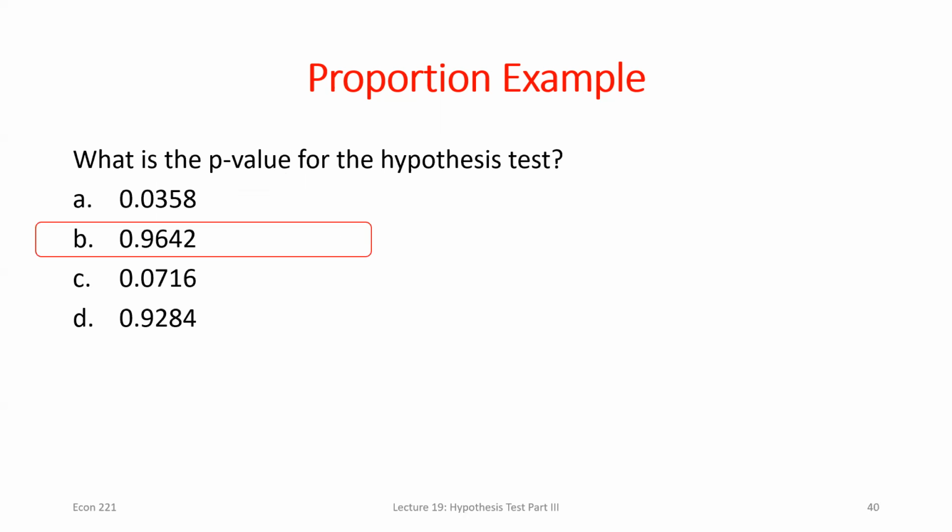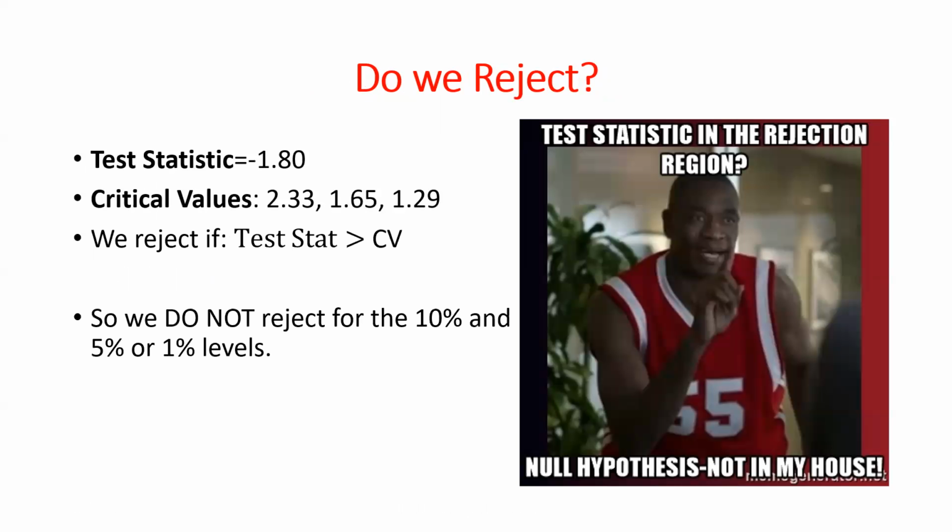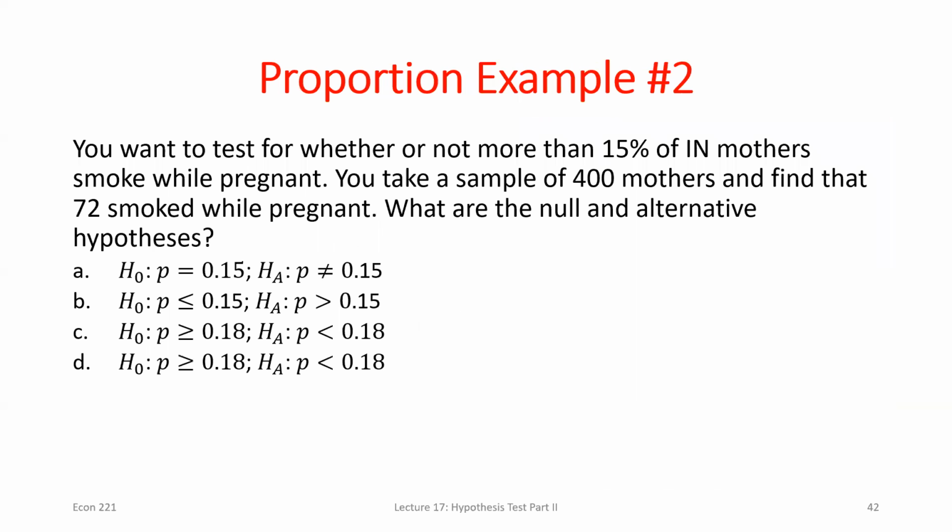All right, so we didn't look up the p-value here. I'll skip that because I'll show you in a different way. And we went through and said we're not going to reject at any level because the sample evidence supported the null. So what I wanted to get at here is maybe a more interesting example. I think this one is going to allow us to hopefully connect the p-value and critical value approaches. So here I want to test whether the proportion of Indiana mothers that smoke is